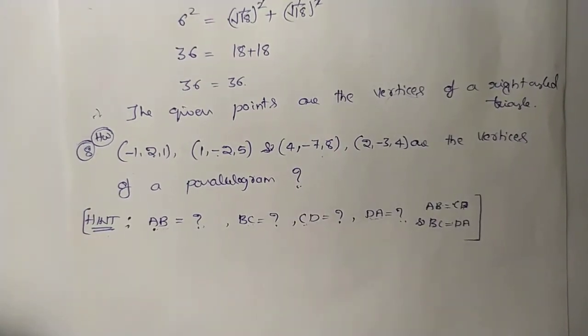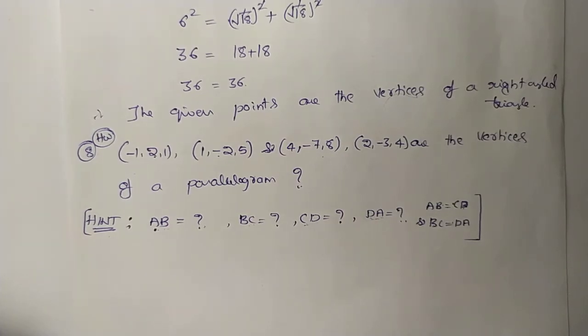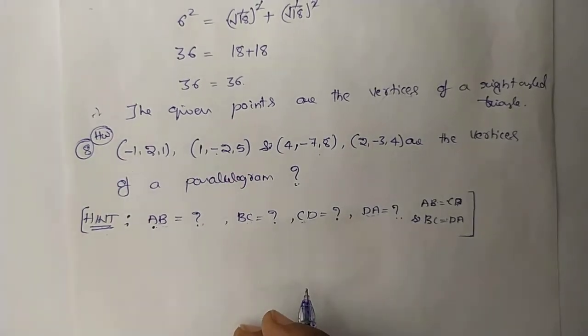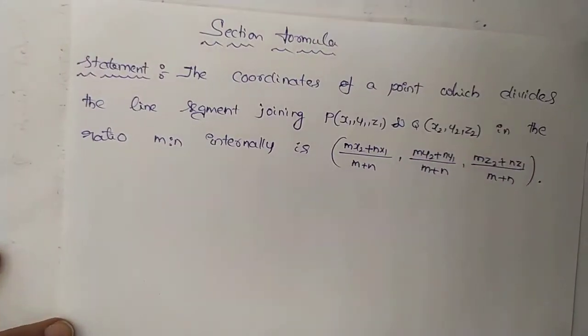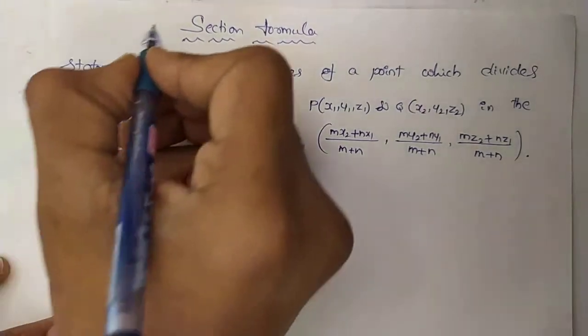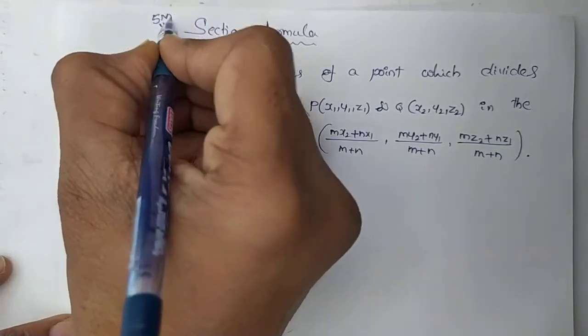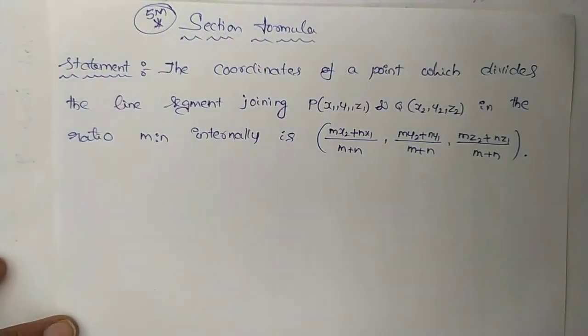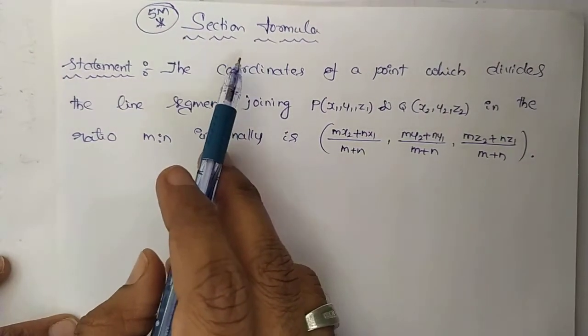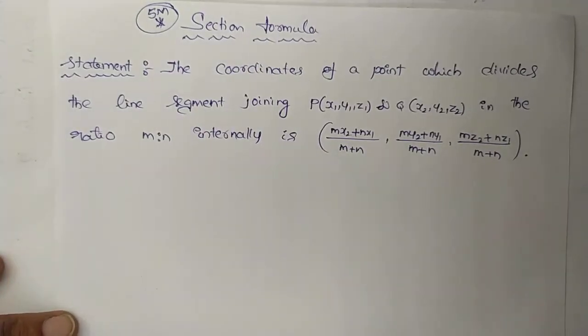So this is the concept of the problems which belong to the previous derivation, the distance between 2 points. Now we will move on to the next derivation, which is very important for 5 marks. It is the section formula for the internal case. There is a possibility of getting 5 marks in this question. Section formula is very, very important for your examination. Kindly do not ignore it.